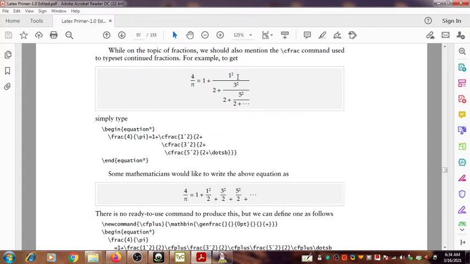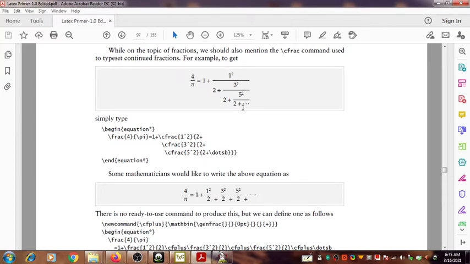There you have 3^2 in the first curly bracket, and in the second 2 plus, then one more \frac command, and then 5^2 in the next curly bracket. After that you have 2 plus then dots,